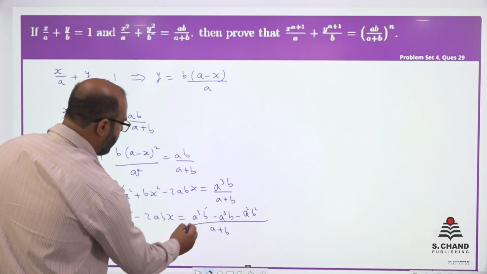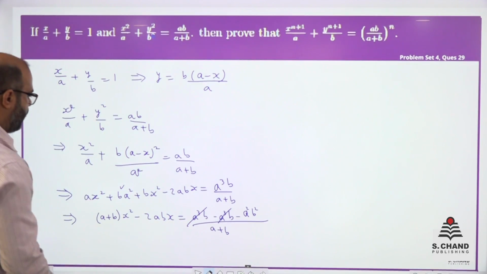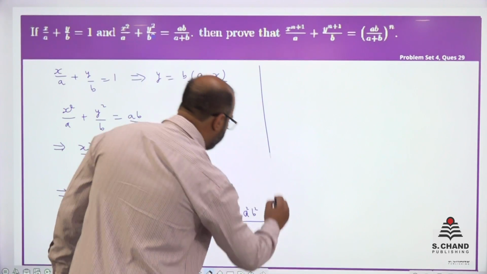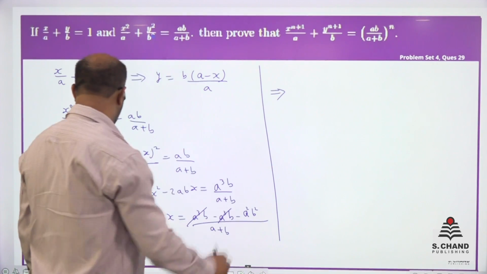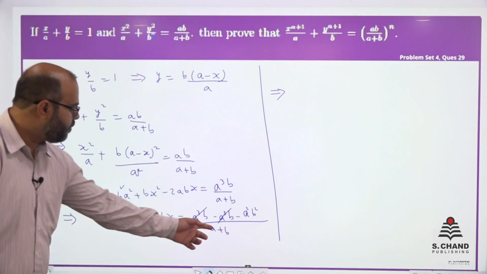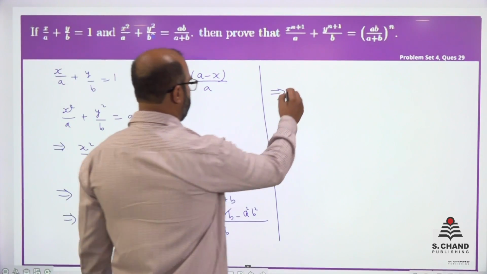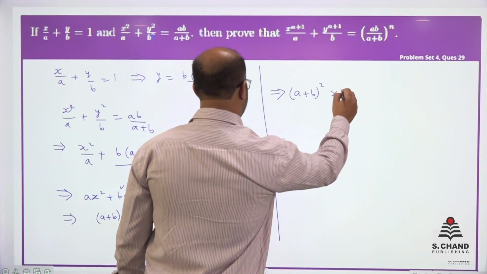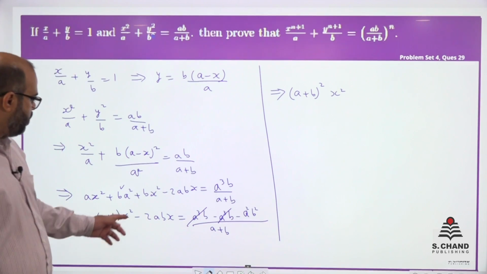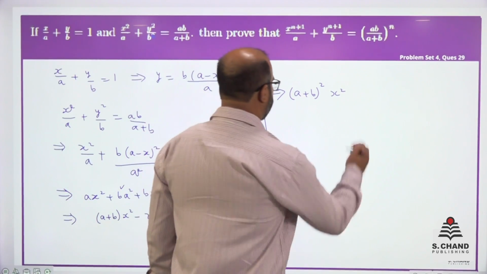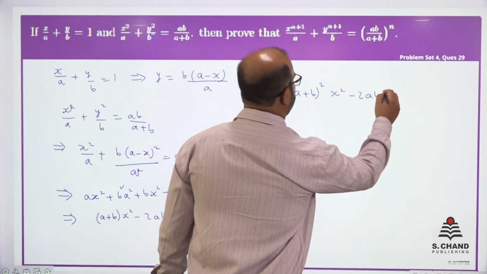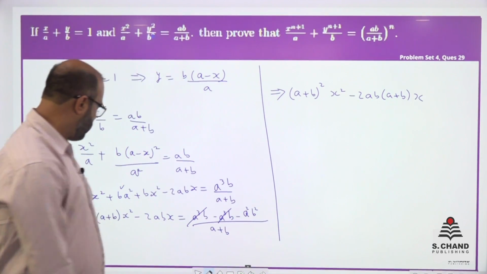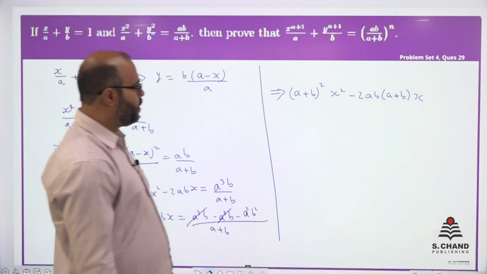So, a cube b will cancel, and in the next step we have a plus b, and from here a plus b will multiply. So, a plus b whole square x square minus 2ab a plus b x and then plus a square b square